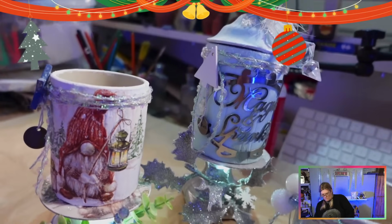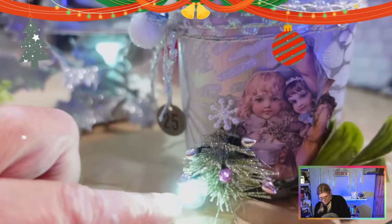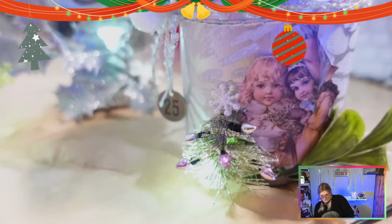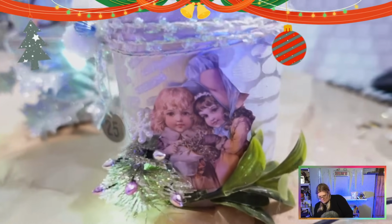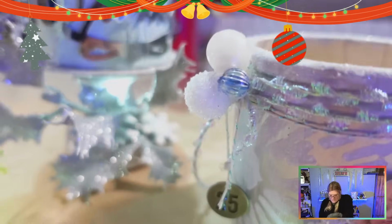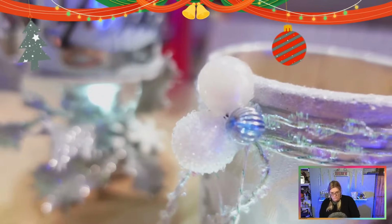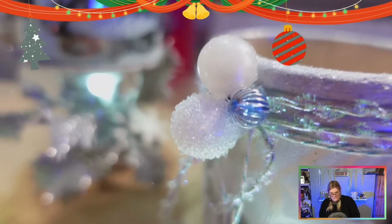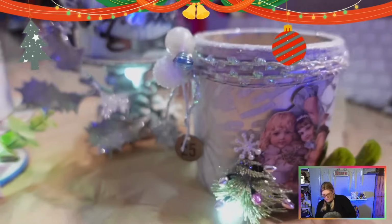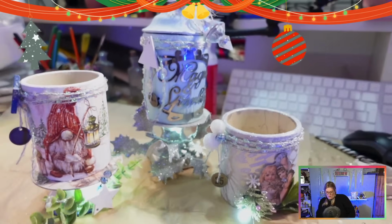So that's two of them. And then we've got this last one here that we've done with the little Christmas tree. Just stick that light underneath there, just to give that tree a little bit of a light. And then they've got some mistletoe, and they've got the twine and the cord with those three different sorts of, well, two snowballs and one sort of bead, blue bead, and the 25 on there. There you go, 3 jam pots, hopefully unrecognisable and hopefully